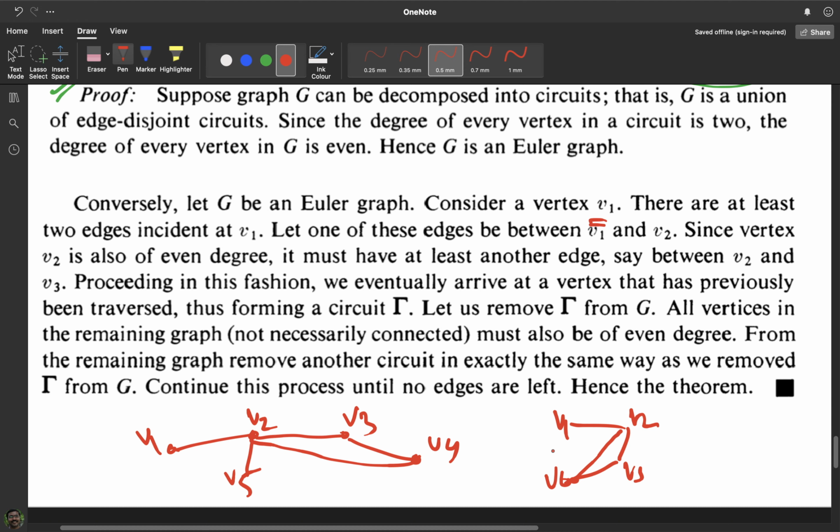You can see that if you take back all the deleted circuits, this entire Euler line is made up of circuits which are disjoint, because none of the edges in the Euler line repeats itself. So these edges are disjoint. This entire Euler line consists of edge disjoint circuits, which means this Euler graph can be decomposed into circuits. Try to understand this result, read this theorem, convince yourself by means of an example, and try to write it in your own words. We will discuss it more in the next class. Okay, so that's it. Thank you.